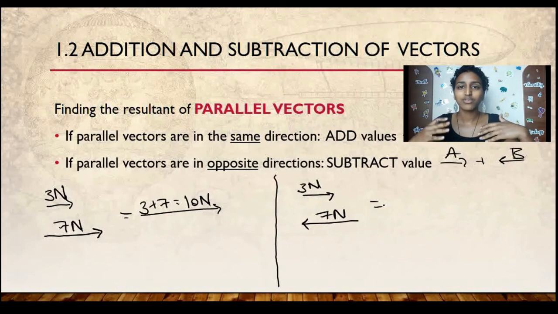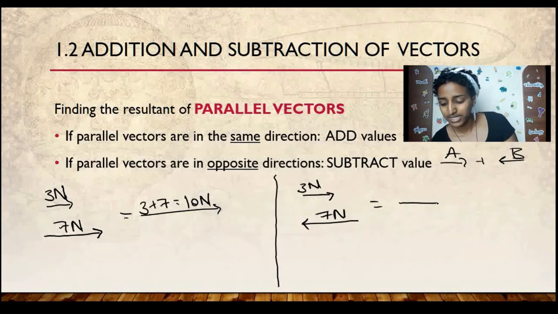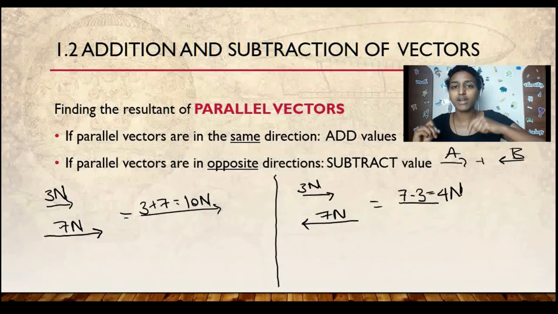You can do 3 minus 7, you can do 7 minus 3, but just consider the direction. That's the important part. To make matters easier, always subtract the smaller value from the larger value, okay? So let me subtract 3 from 7. I get 4 Newton. What is my direction? Always use the direction of the larger number, okay? 7 is the larger number, so I'm going to put it in the same direction as 7. A little trickier than adding vectors, but when subtracting vectors, the simplest thing to do is subtract the smaller from the larger, and then take the direction of the larger vector.